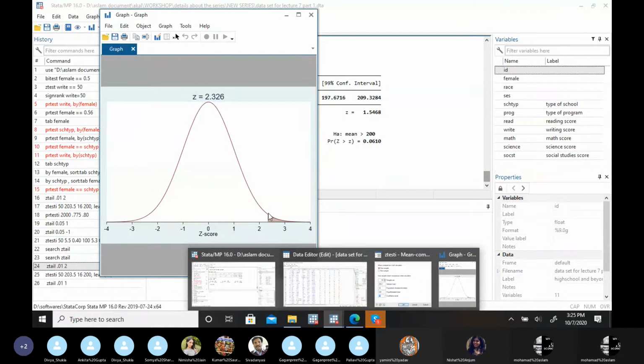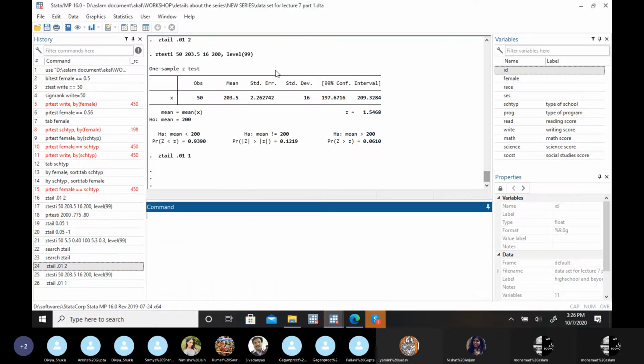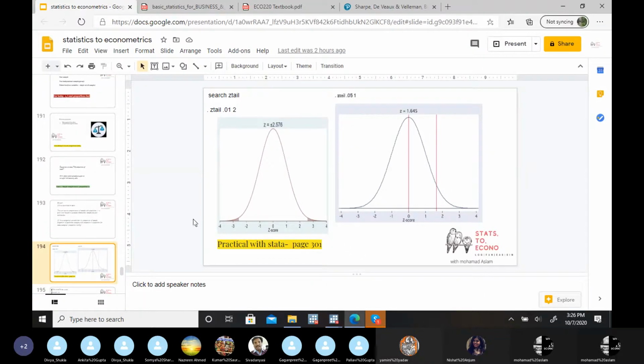So now you have a one-tail value. No need to worry if it's the left side, meaning negative. The value remains the same, only you have a minus 2.326. So don't worry about this plus minus. If your particular case is about this particular side, then this value is minus 2.32. That only you have to adjust. So you can directly calculate critical values with the Stata software. This is how you do a one-sample test in case of quantitative data where we compare the mean.